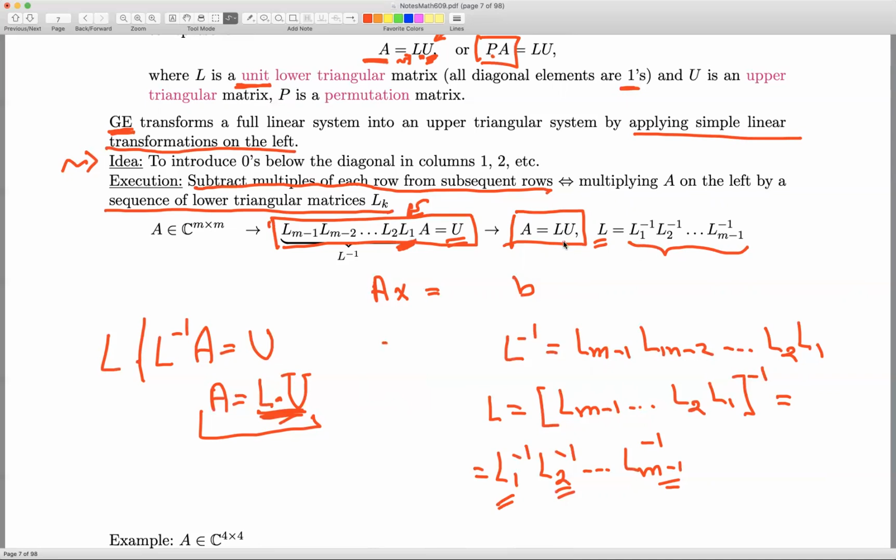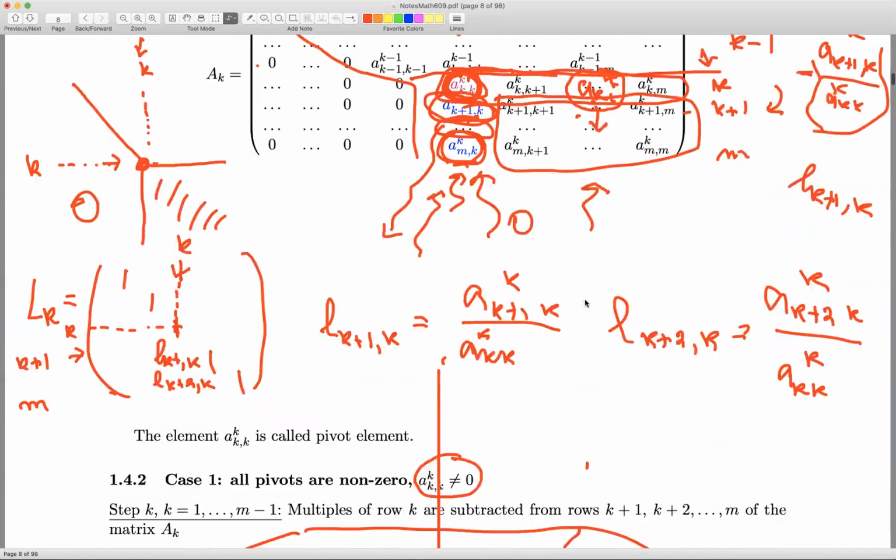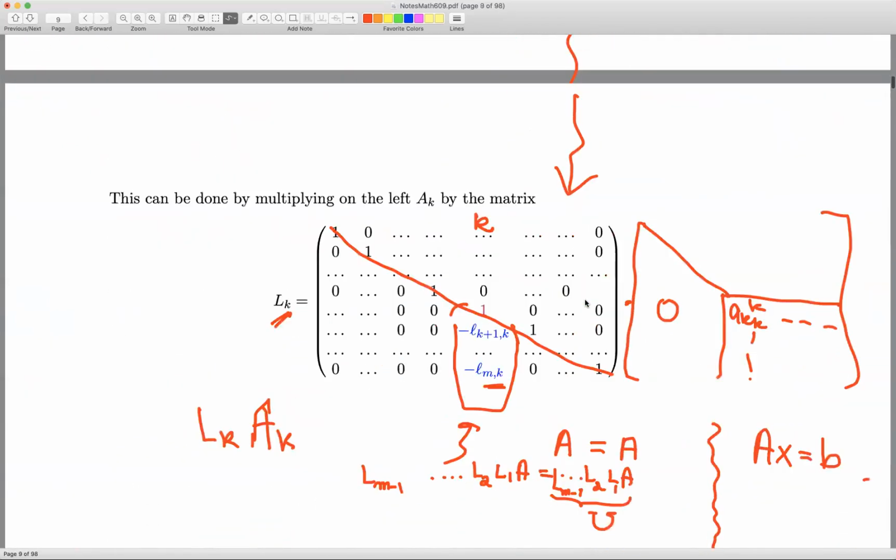We know that the matrix U is an upper triangular matrix. What we need to show is that the matrix L is a lower triangular matrix, and this is what we are going to do next. Before doing that,